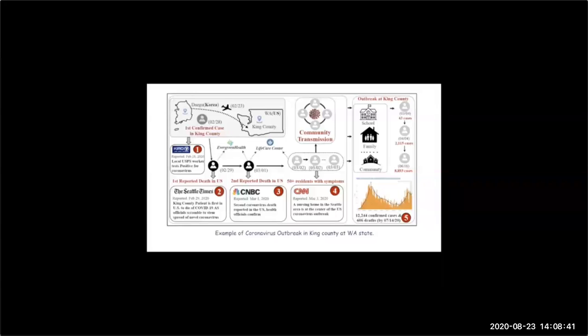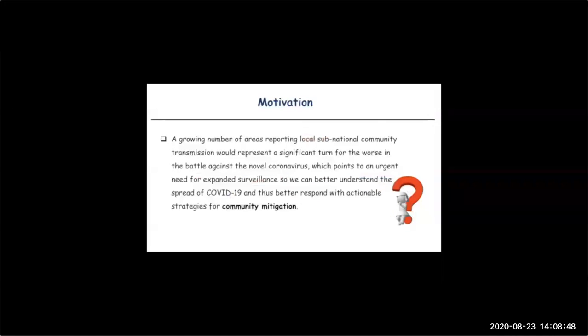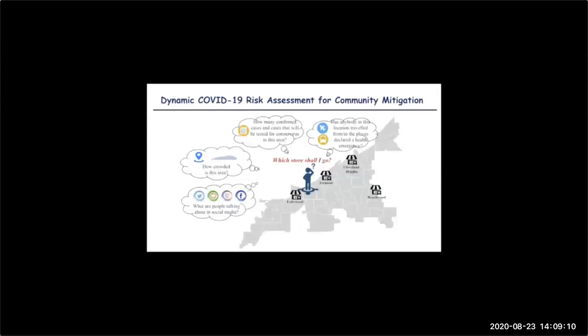This is one example of a coronavirus outbreak in King County, Washington State. A growing number of areas reporting local sub-national community transmission represents a significant trend for the worse in the battle against the novel coronavirus, which points to an urgent need for expanding surveillance so that we can better understand the spread of COVID-19 and thus provide actionable information for community mitigation. To achieve this goal, we may ask: